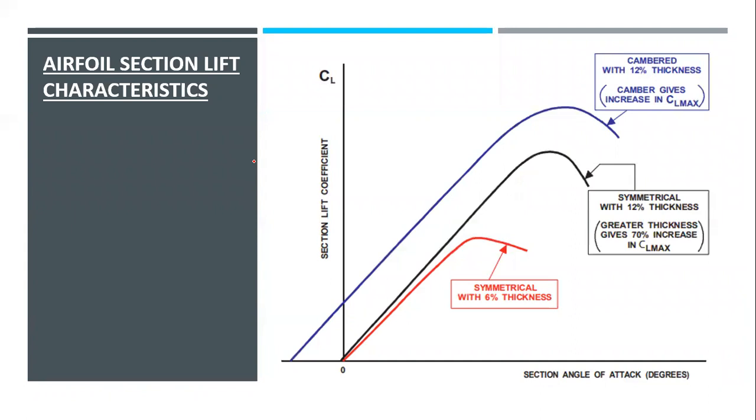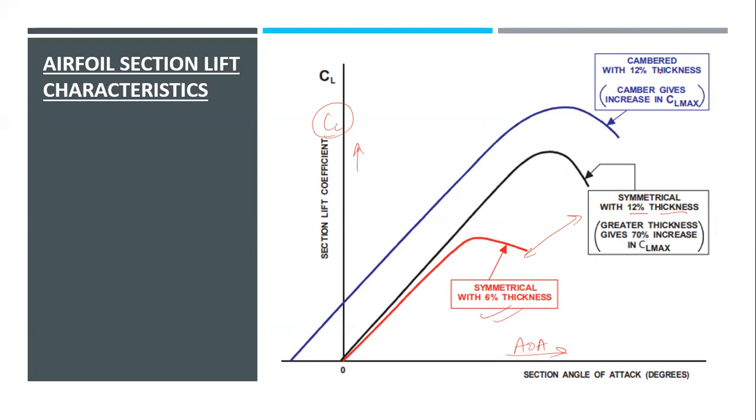So we have a graph here, and now you can see the reality between the different aircraft, and why we have thick wings. Why do we have symmetrical airfoil? Okay, you can see here, this is the graph of the symmetrical airfoil with a thickness of 6%. This graph is angle of attack versus my CL. Okay, these are the two factors. So with my angle of attack, how much the CL increases. So you can see in this graph, simple, with a symmetrical airfoil, these are two symmetrical airfoils, black and red. With just increasing my thickness, I am getting more amount of CL.